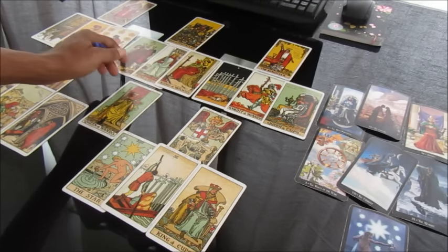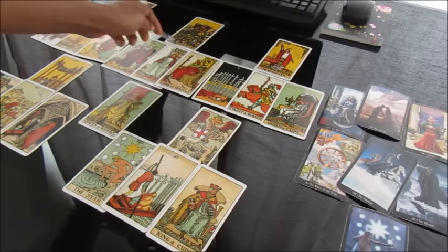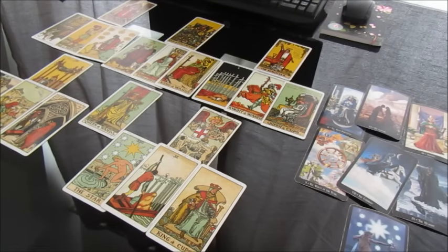In the present, with this King of Swords, this could mean that finally, after the celebration, after you've been happy about whatever this success is with this King of Pentacles energy, there is now time to think forward, because we've got a King of Swords showing up after. Now, the King of Swords, for me, is one of those cards that suggests clear thinking. So, you've had the success with the King of Pentacles. There's been some financial